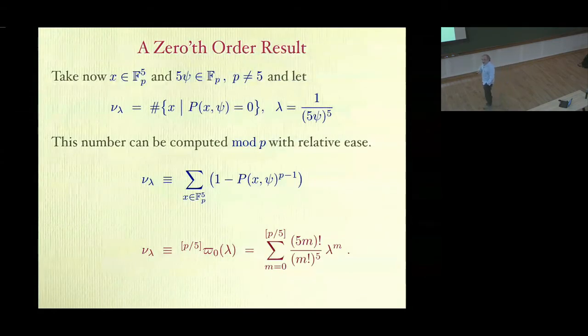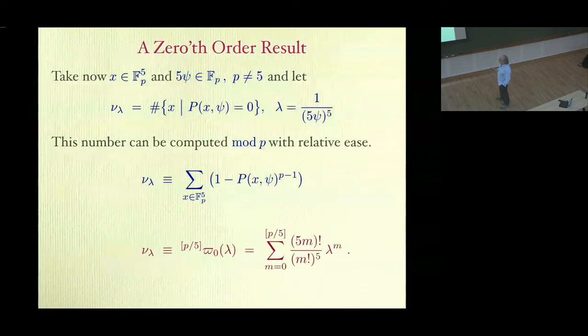So this is very good, right? If you want to count the number mod p, so there's a definite number, if you want to count the number of solutions of P of x equal to 0, then there's a way to do it. So we want the number exactly, but for the moment, let's content ourselves with counting mod p. That's relatively easy. You take this number 1 minus P to the power p minus 1, where P is the defining equation.